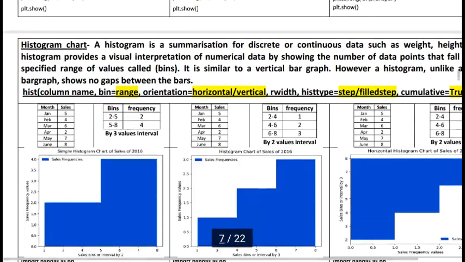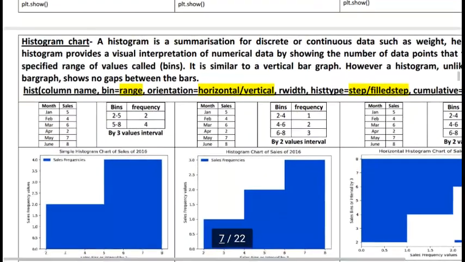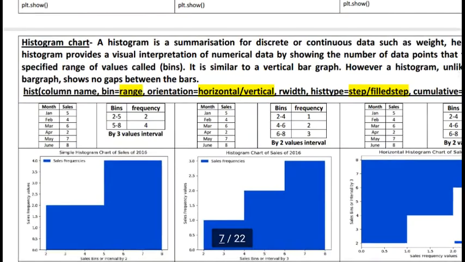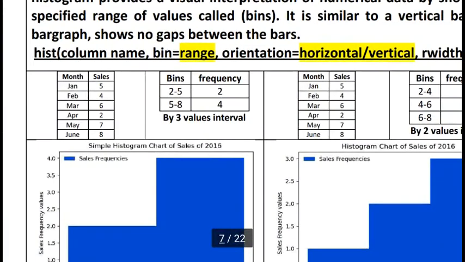To create a histogram we can use the hist function. Here I am using the hist function with a column name. One important thing is that we always use a numerical column name. A pie chart needs a numerical column, a box plot uses a numerical column, and in a histogram we always use a numerical column. From a numerical set of values we can create the frequency of our numerical data, and then plot it on the histogram.